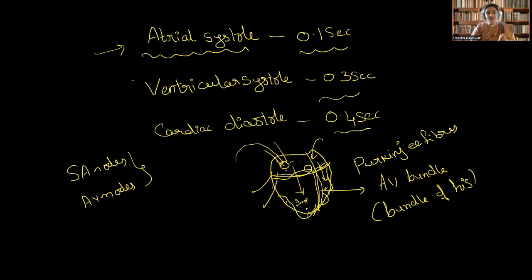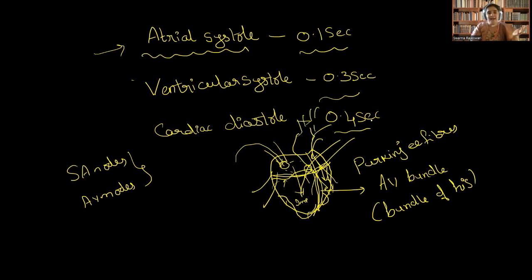Now the ventricles start contracting. When the pressure in the ventricle increases, what happens? It closes the AV valves first, which means the blood must not go back into the atria. So it closes the AV valves and has to send the blood somewhere else. So where does it have to send it? We know that